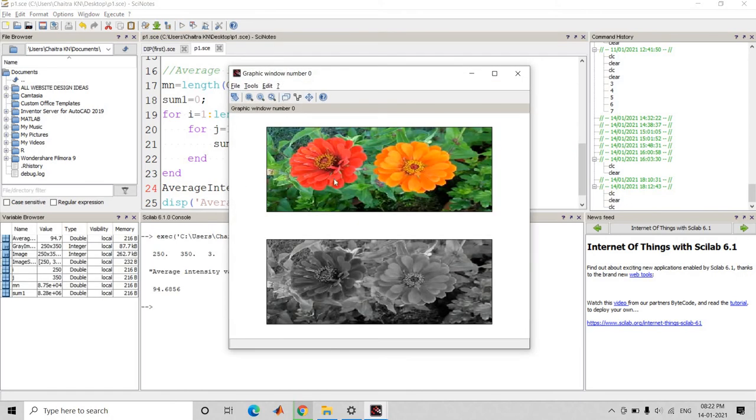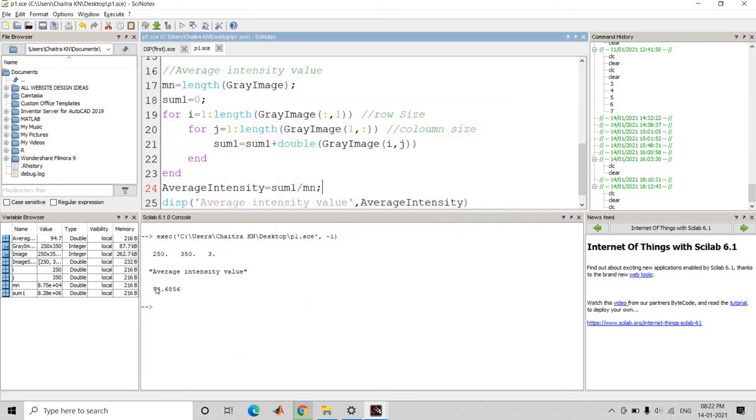Here you can see we have divided into 2 blocks, means 2 rows, 1 column. In the first block, the RGB image is displayed, and in the second block, the converted gray image is displayed. So minimize it and look here.